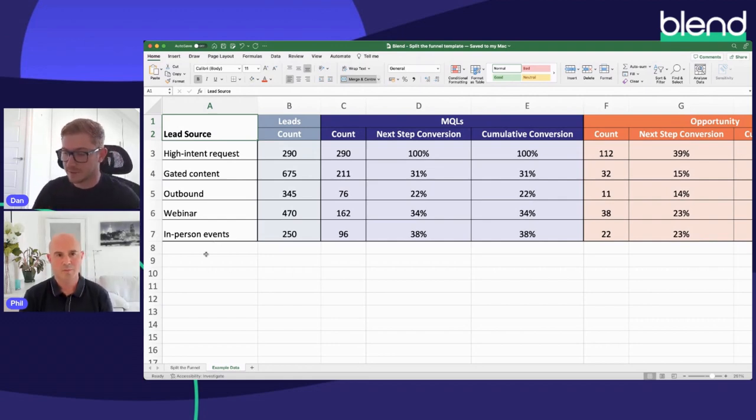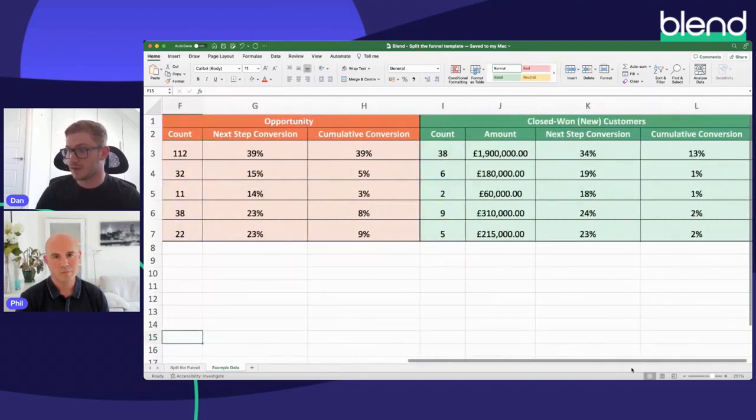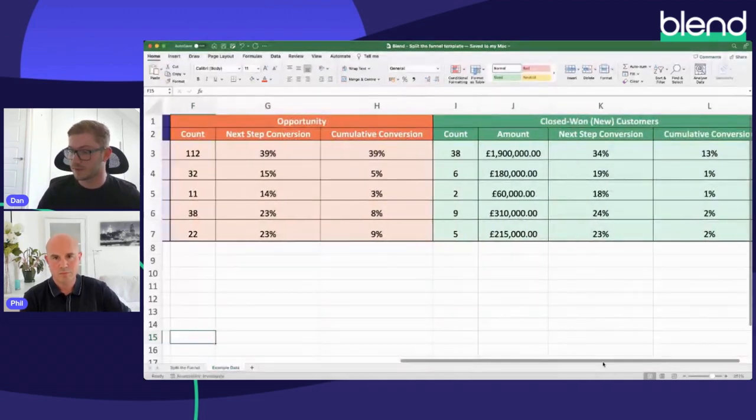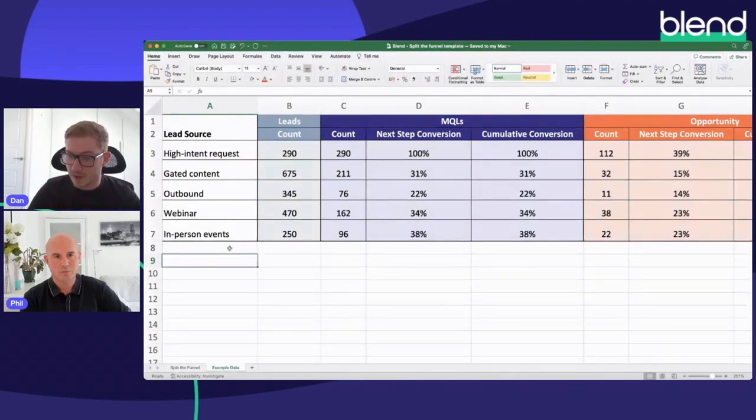So basically, a split funnel analysis looks at all of your lead sources, whether that be marketing or sales, by the way, and looks at the progression from lead throughout all of your life cycle stages, whether that be MQL, opportunity, closed one. You might have other stages in there too, like SQL or custom ones, depending on your business, PQL, whatever it might be. But this is just really a standard stripped back version to give you an idea of what you should be looking at. So this is what you're likely to see. This is just sample data, but it's actually surprisingly reflective of other analysis that we've seen.